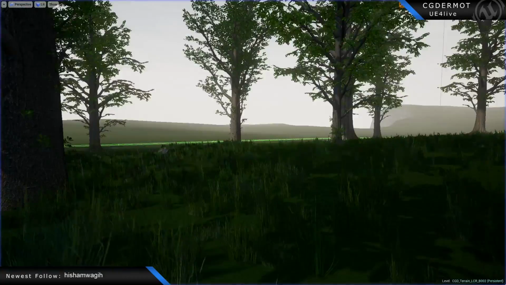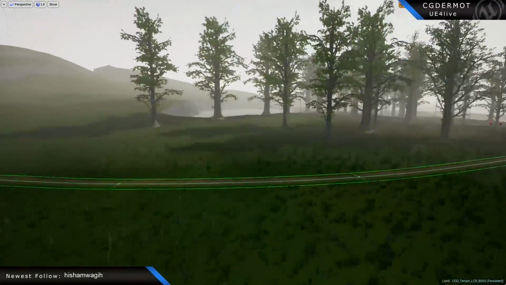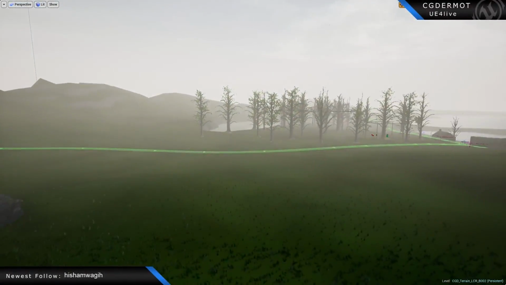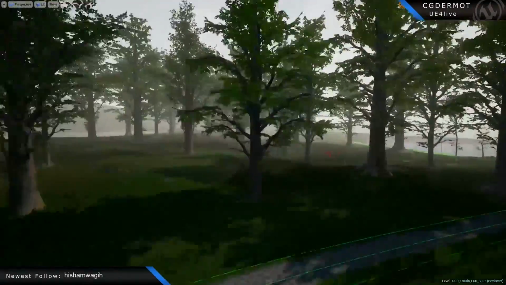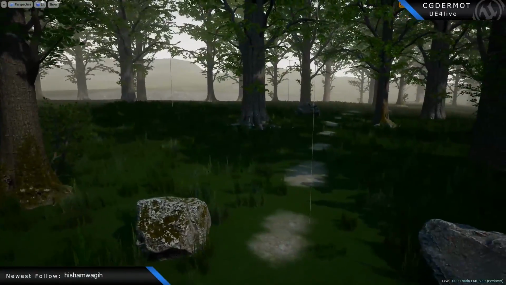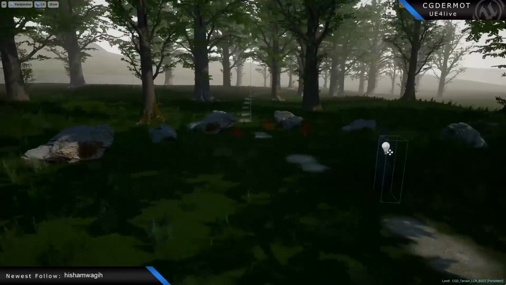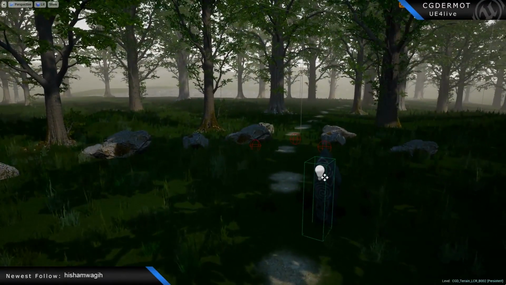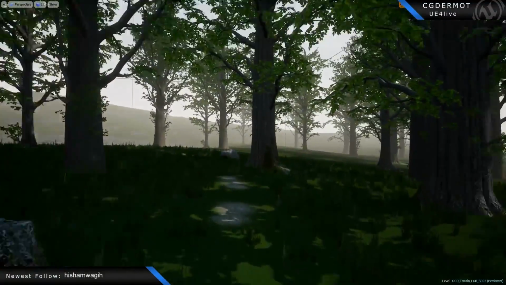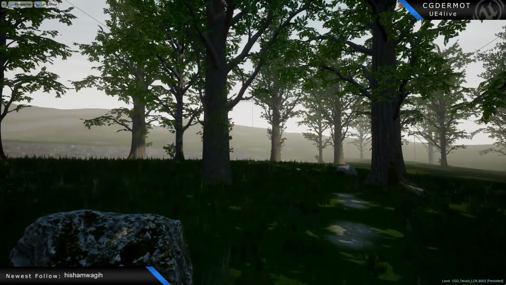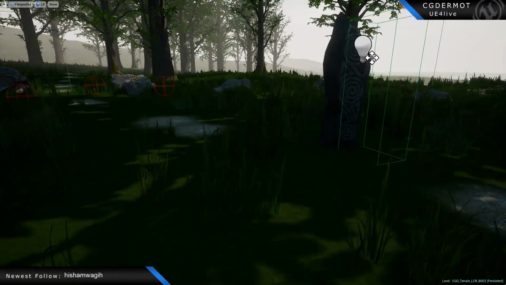We'll just actually do that in the editor, it might be easier. So if you watch the shadows onto these trees, as I pull back, they start to disappear. So we need to cull our shadows just like everything else. The shadow quality of these is by default at 1. I have it set to 0.25. Especially because there are so many trees, we want to keep the shadow quality down. So going back in and playing,